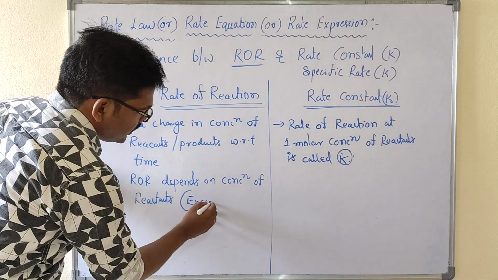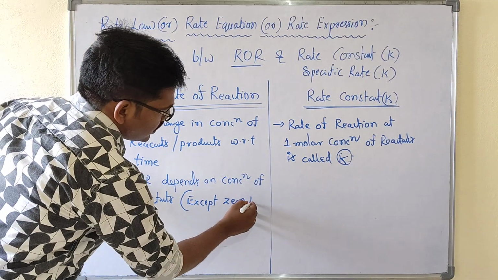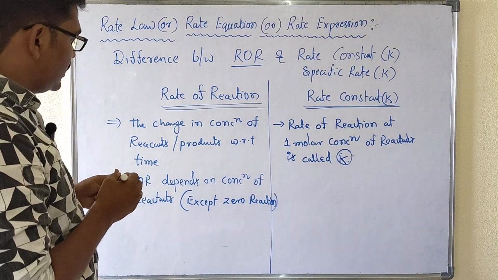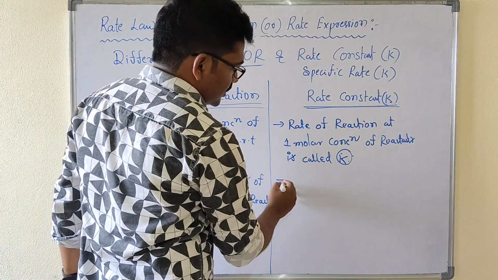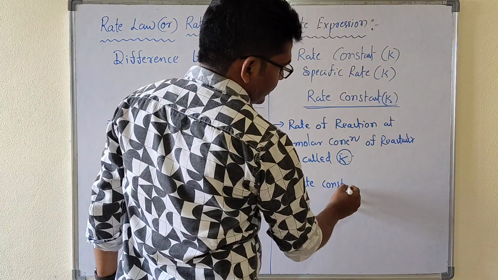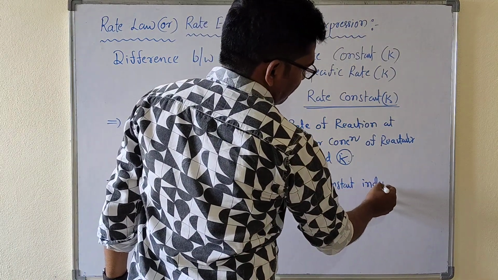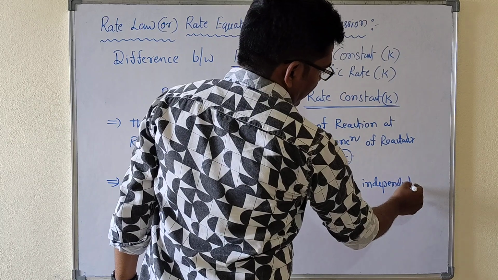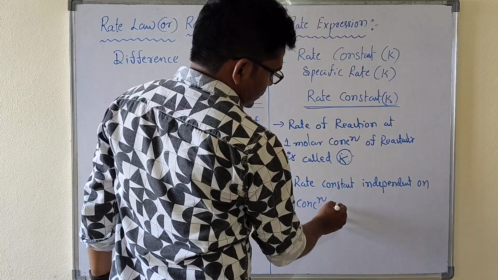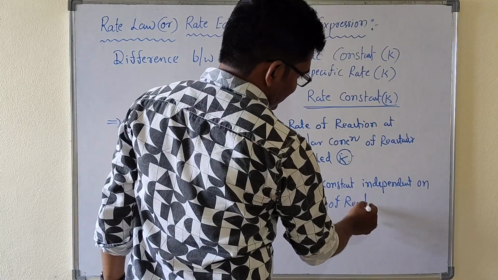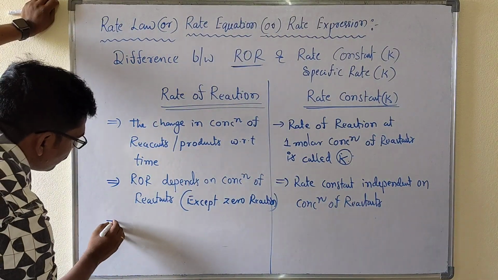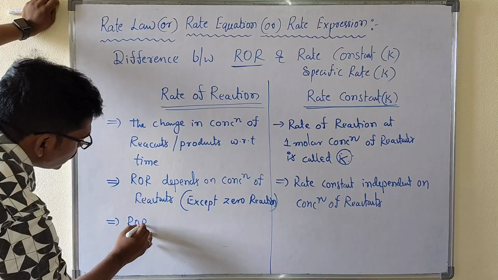Except zero order reaction. Zero order reaction, it does not depend upon the concentration. But in case of rate constant, rate constant is independent of concentration of reactants. Remember, my dear students? Then third one, rate of reaction